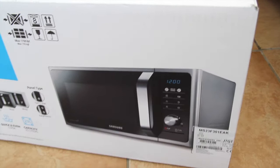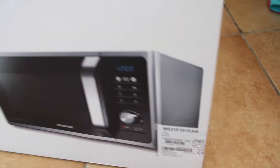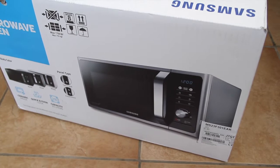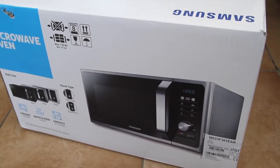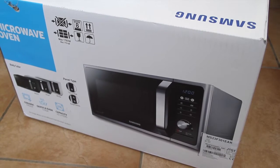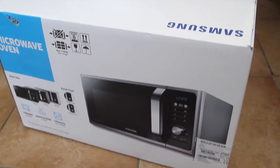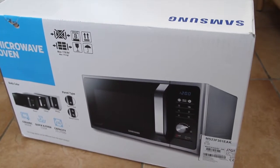It is the Samsung MS23F310 microwave. It retails for under £100 in the UK. I would say it is a basic to mid-range microwave with a 23 litre capacity and a stainless finish, nice and easy to use. So hopefully you have a look at this and see what you think